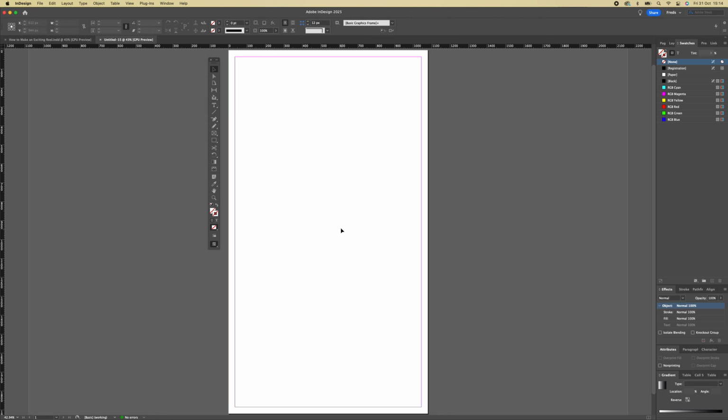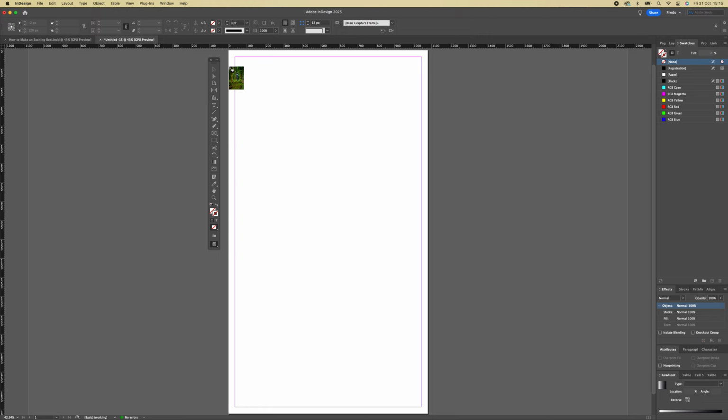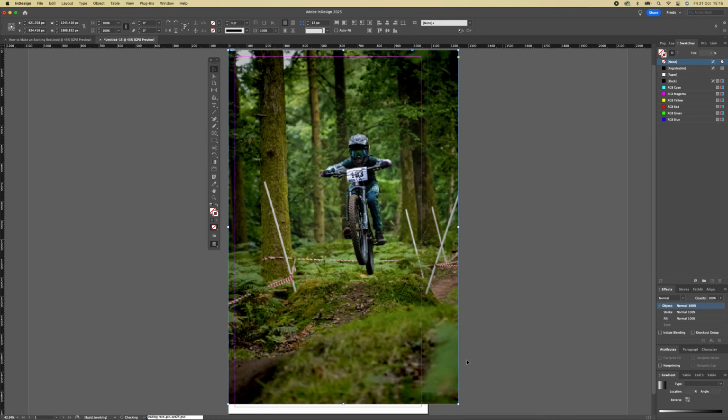First off, let's grab our picture from the race. So we can go File, Place, or we can do Command D and navigate to our race photo, which is here. Click in my top left corner, click and drag, and we can see that that's actually not going to fill the height, but we're going to go beyond on the width. So let's let go of the mouse,